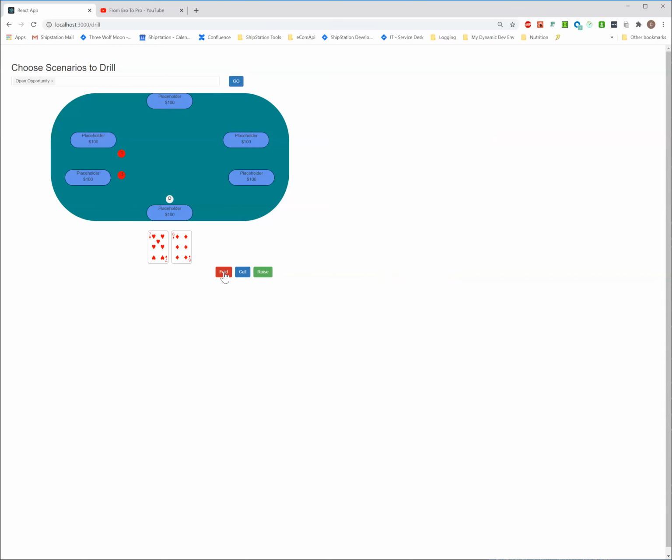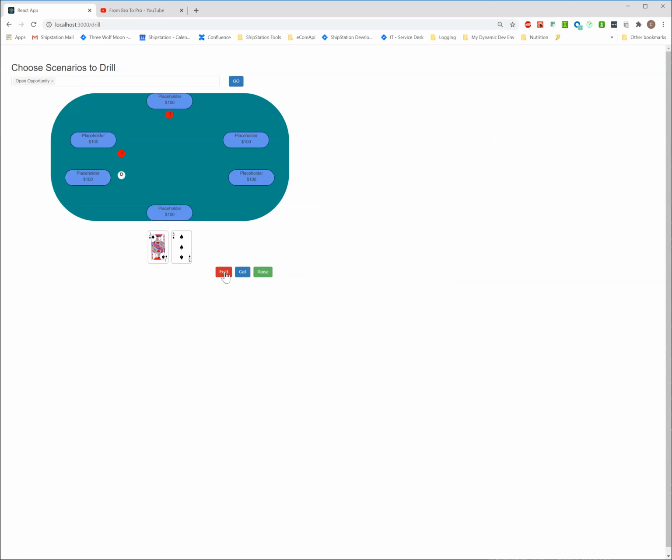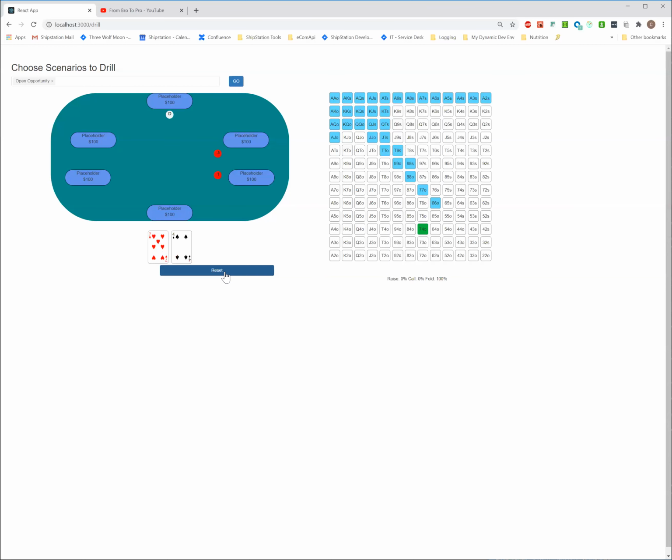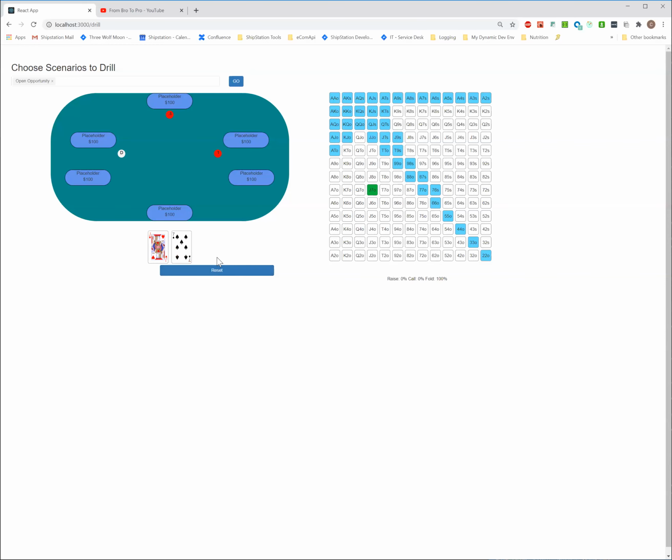Six, seven off from the button. This one's close. Yeah, okay. So that's the worst offsuit hand I'm opening. All right, that was my 5 minutes. So